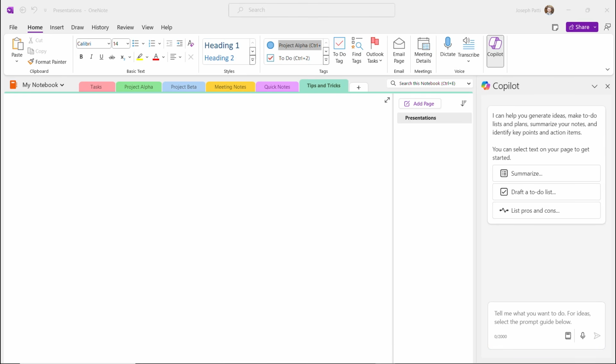Let's say that I also want to add a tip and trick about being a team leader. So right on my page here, I want to talk about being a team leader, but I don't actually know how to be a team leader yet. Maybe I'm new to the role and I want a little bit of a guide on how to actually be a great team leader. So what I'm going to do is go over here, and in one of my prompts,